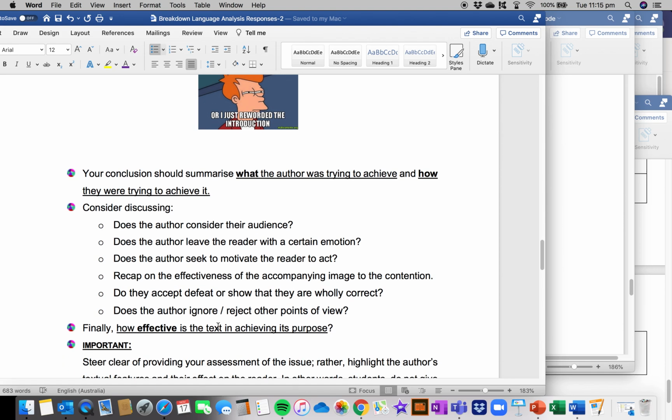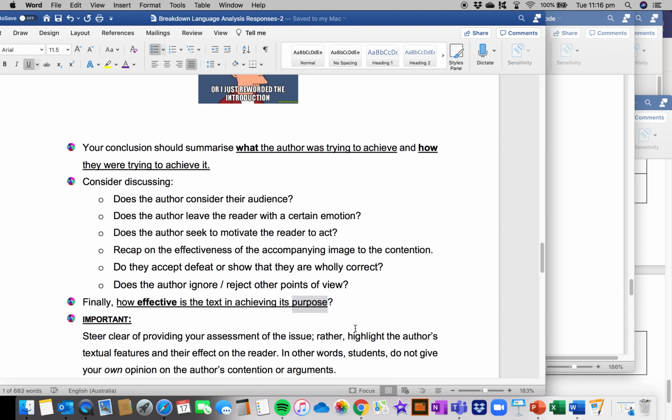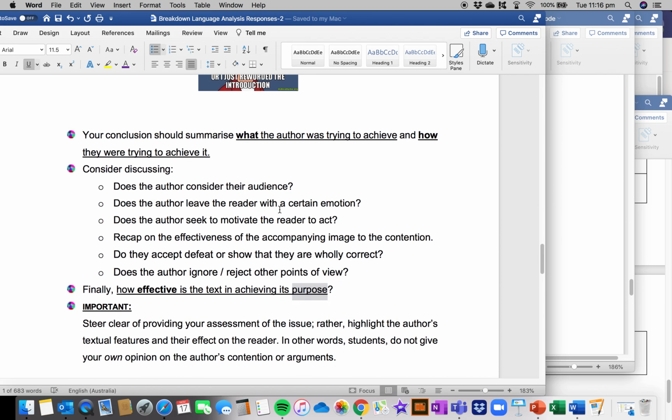Finally, how effective is the text in achieving its purposes? Now, when I say is the text, how effective is the author using textual features? Okay, so how effective is the text achieving its purpose? Now, this is a really important thing to consider, and I would actually encourage you to read what I've just